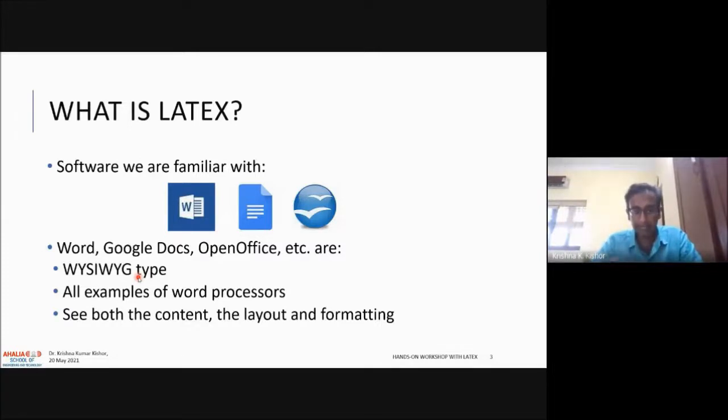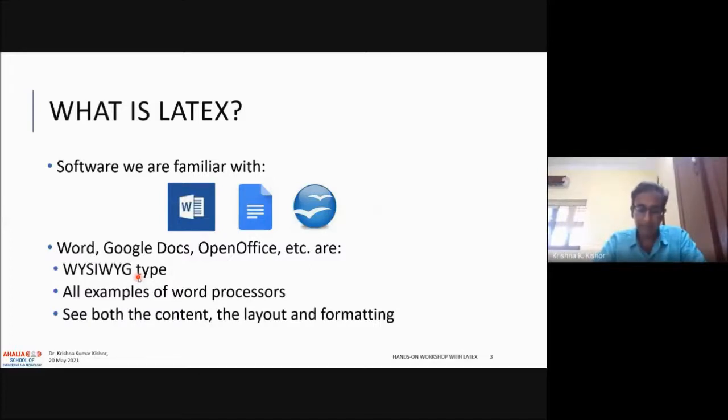Something gets displayed on the screen, and that's the final output when you take a print. Word, Google Docs, and Open Office are these kinds of word processors. You can see both the content and the layout and formatting, and you can edit all of this. And don't get me wrong, this is very useful, and we use it all the time.